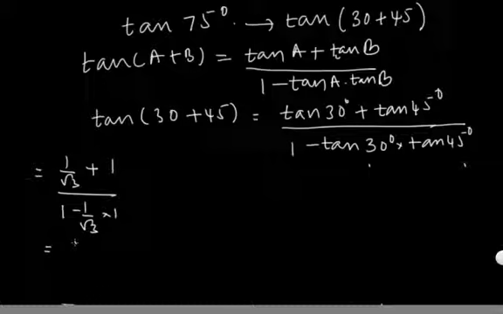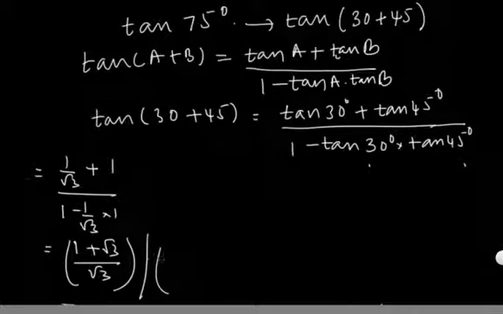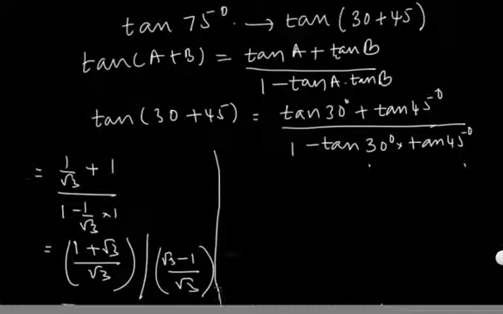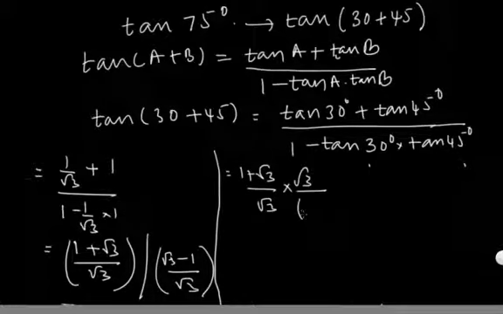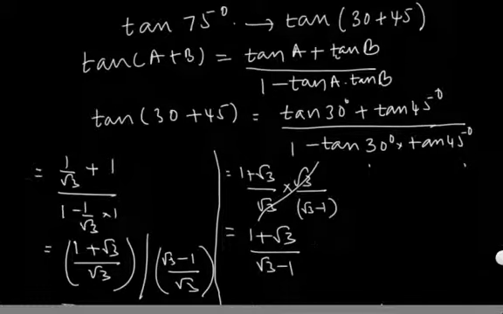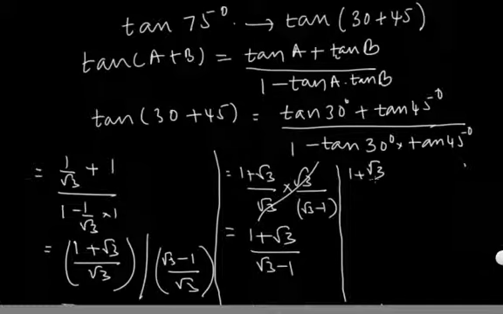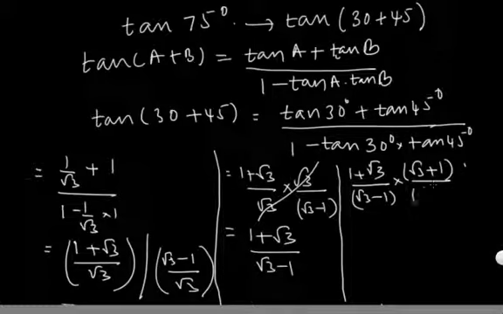taking LCM and doing the math on the numerator, we will have 1 plus root 3 by root 3, divided by the same thing here, taking the LCM and doing the math on the denominator, root 3 minus 1 by root 3, which is equal to 1 plus root 3 by root 3 times root 3 by root 3 minus 1. So this would be 1 plus root 3 by root 3 minus 1. We can multiply the numerator and denominator by root 3 plus 1, which will make it 1 plus root 3 by root 3 minus 1 times root 3 plus 1 by root 3 plus 1,